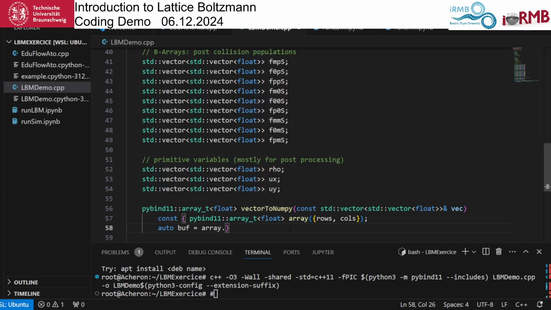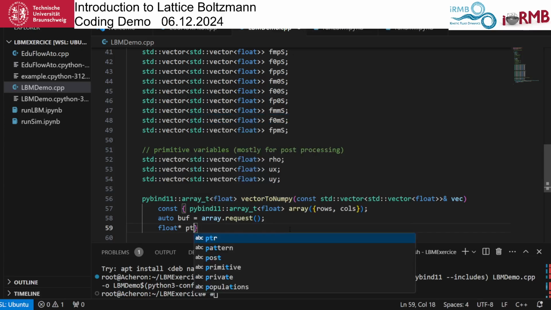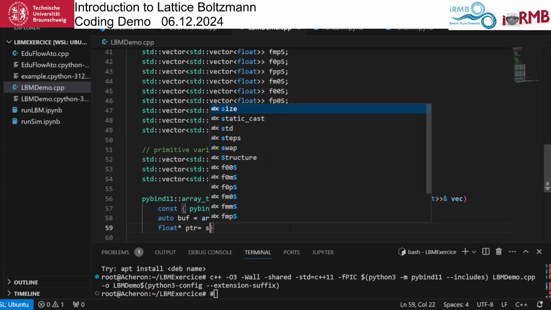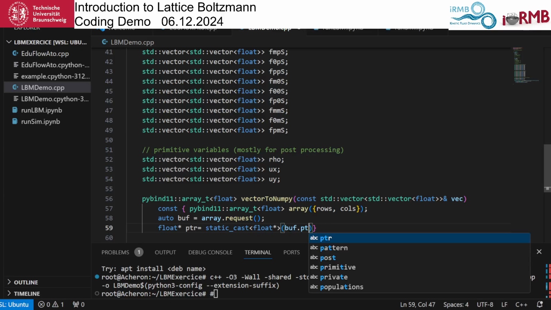So we do auto array request, and then we do float pointer ptr is a static cast, float pointer, brackets, so buff dot pointer,